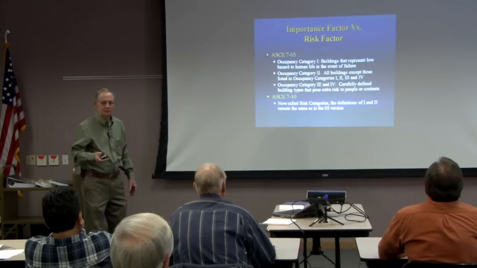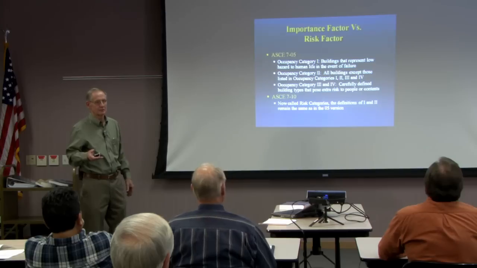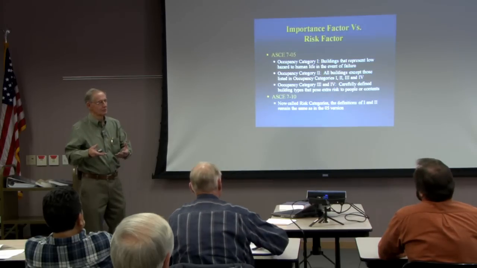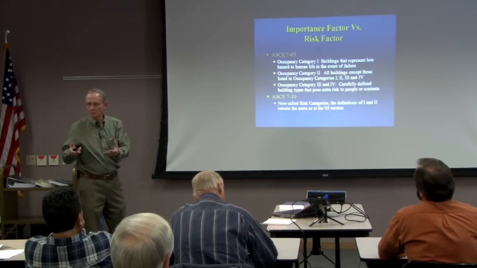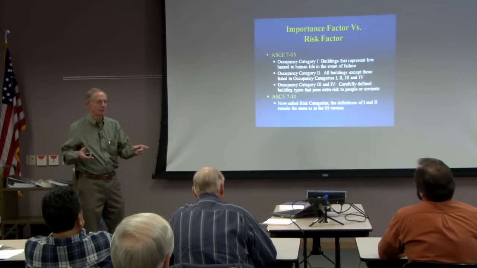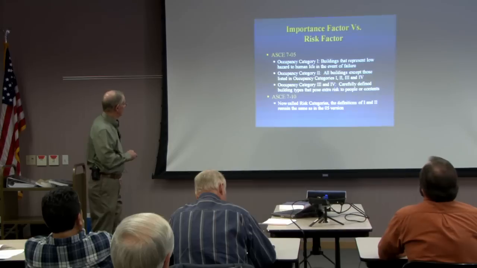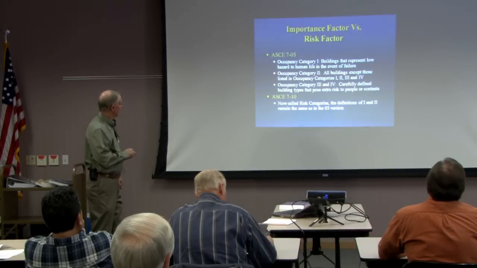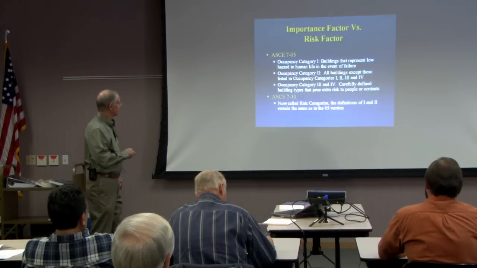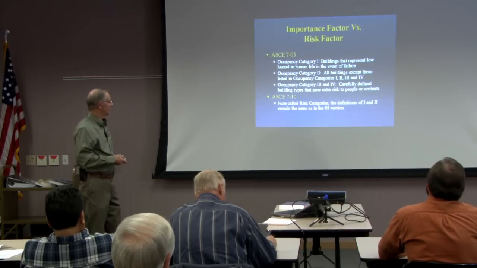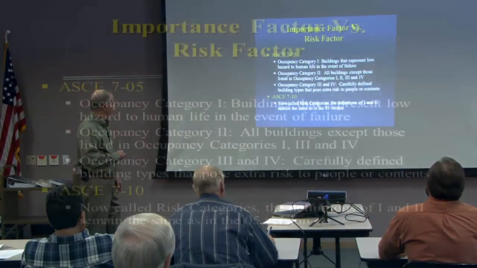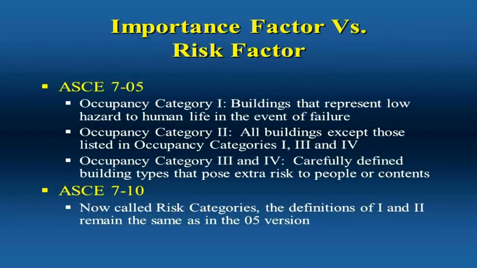Now I'm going to go through those definitions, even though it's a little bit laborious, to show how you would be told pretty much in 05 whether it's a category 3 or 4 or a category 2. So we have a lot of carefully defined building types that pose extra risk to people or contents of the building. In 07, we call 07-1